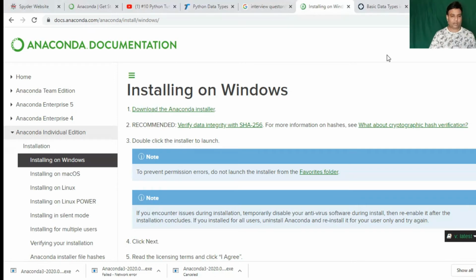This Anaconda Navigator will give you access to each and every IDE which can be utilized for development of Python. So you can launch it from here. It's taking time, just wait for a couple of minutes.